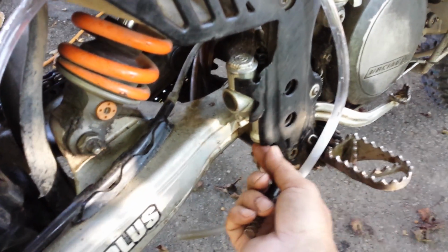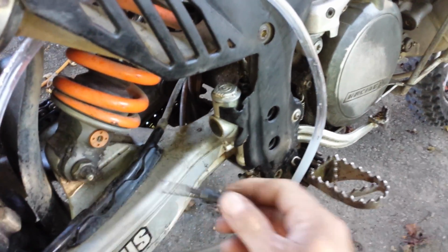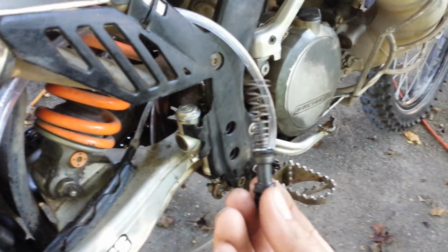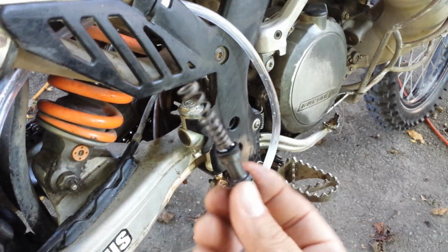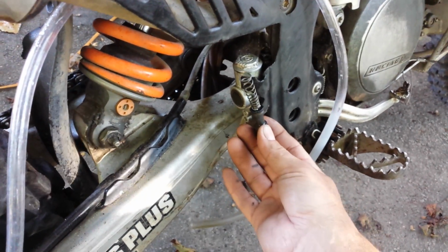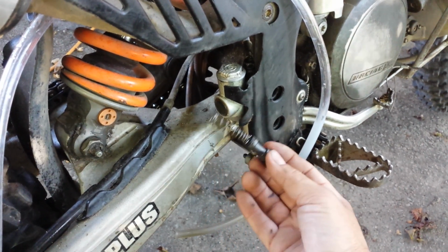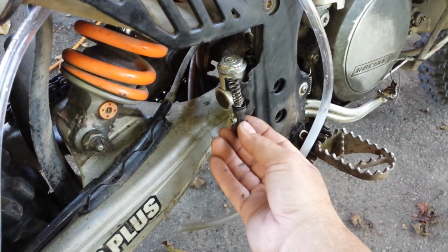You just get the right tool for that to get the C-clip out, and after you take this whole assembly off, this pops out. Lube it with either a brake oil or a light film of grease. Put it back in, press the C-clip back in, and then reassemble everything back together. And then the main problem that I had, because I didn't find it in the instructions, was trying to bleed